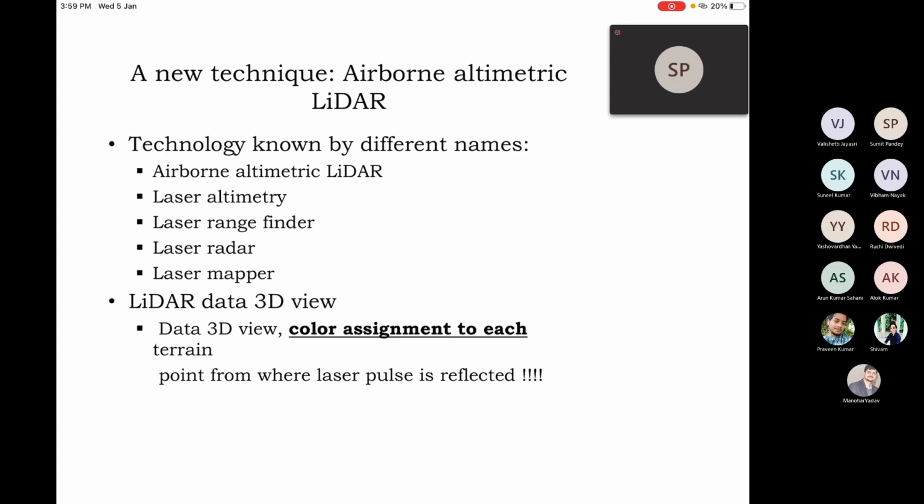And for this airborne laser scanning, the LiDAR system used is known by different names. It is called airborne altimetric LiDAR, laser altimetry, laser rangefinder, laser radar, laser mapper, etc. And the data that is acquired